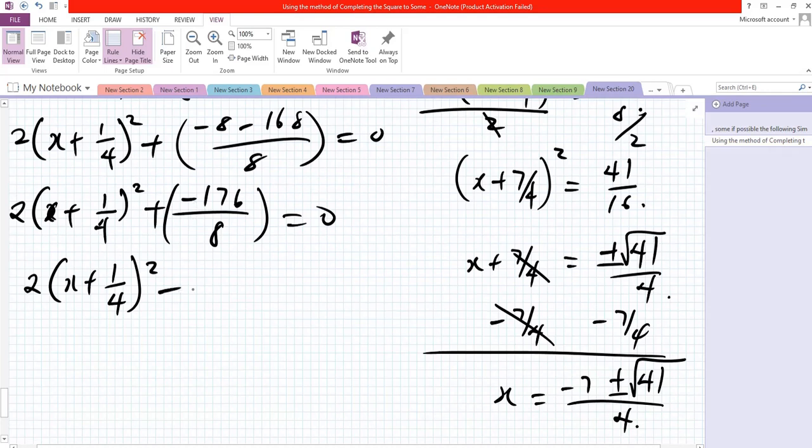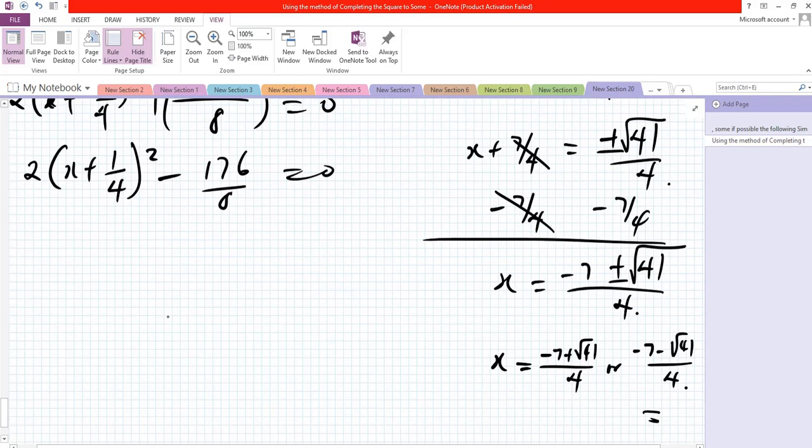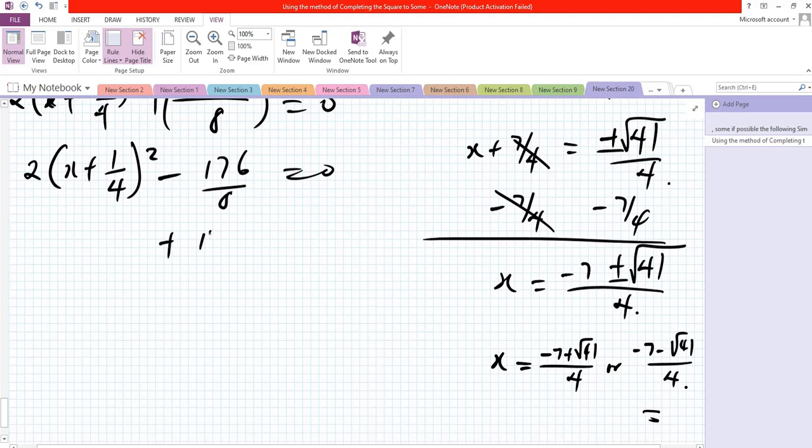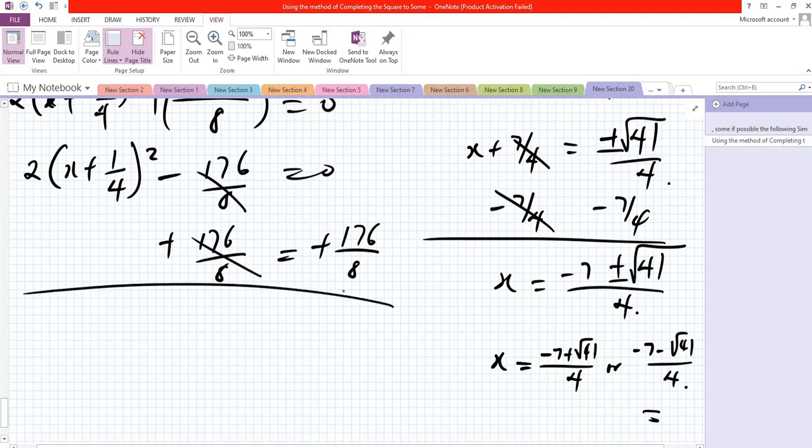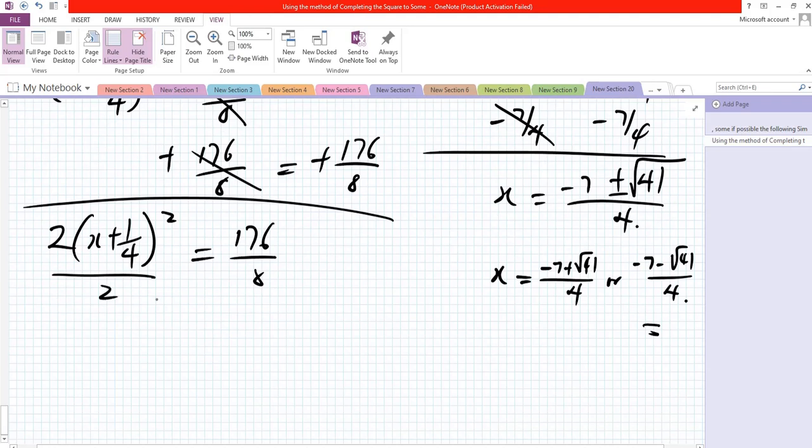Plus times minus will give you minus 176 over 8 equal to 0. So adding 176 over 8 to both sides, this will cancel out this. You now have 2 into x plus 1 over 4 all squared equal to 176 all over 8. Now dividing all through by 2, this will cancel out this. You're left with x plus 1 over 4 all squared equal to